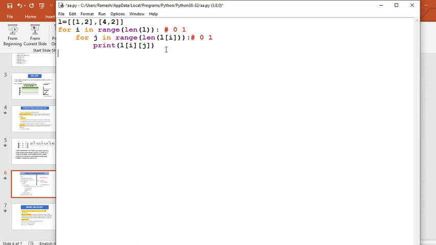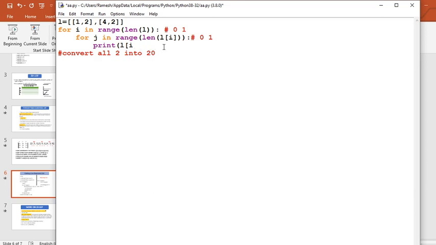Now student, I have some assignment for you. What you have to do is convert all 2's into 20. You will see a 2 here, and a 2 here, and you have to convert these 2's into 20. And how can you do that?